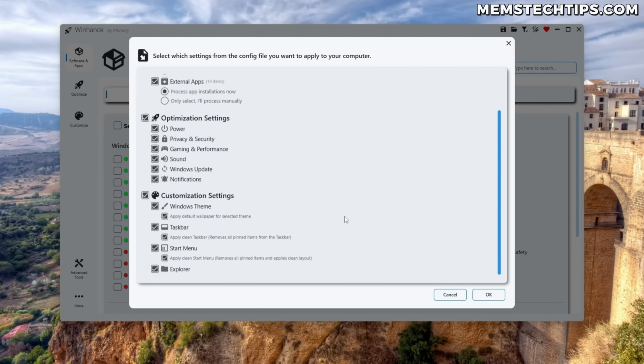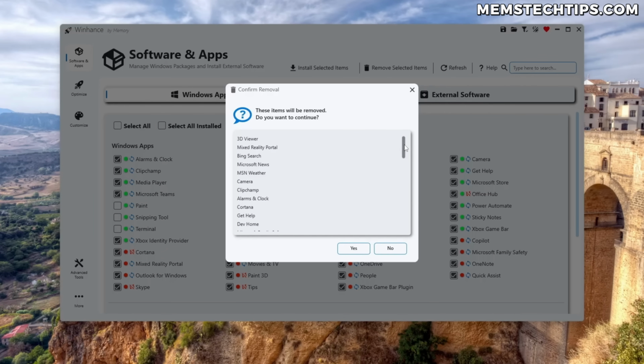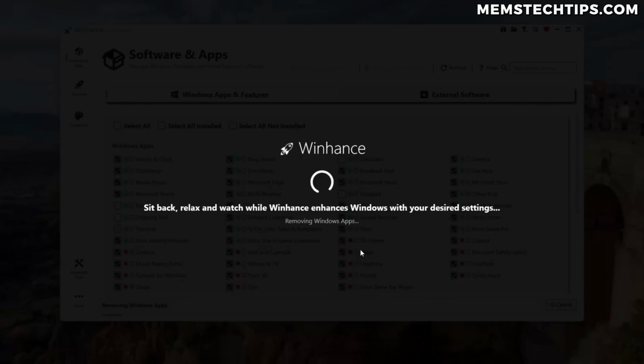So if you wanted to fix all of the annoyances that I mentioned at the start of this video in 1 to 2 minutes, then you can just import the recommended config file. I would recommend to just uncheck the external apps section for now so that it doesn't install any apps. Then click on OK, review the items that'll be removed from Windows, and these are all displayed on a list. Now I'm happy with all of that, so I'll just click on yes, and it'll then apply the recommended config,